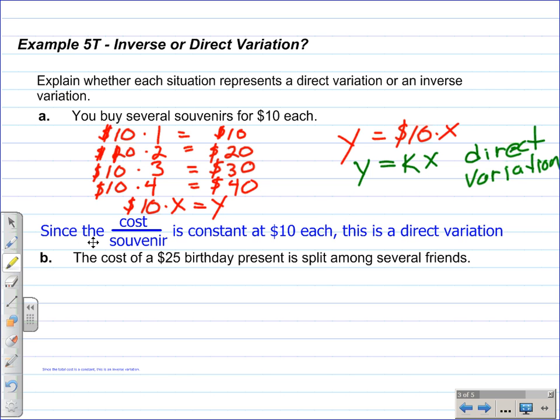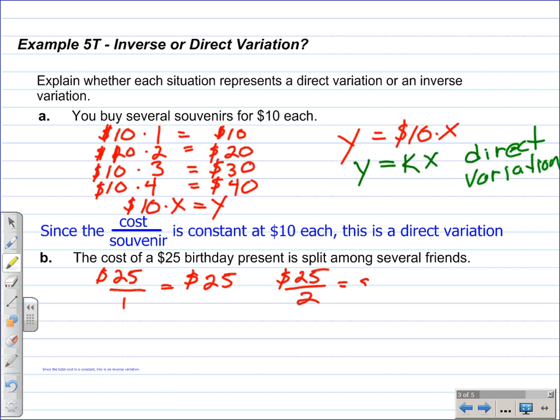Part B. The cost of a $25 birthday present is split among several friends. Another word for split would be divided. The cost of a $25 birthday present is divided among several friends. Well, what we're going to see, similar to what we saw up here, is if we take that $25 cost and we divide it among one person, that's going to be $25 for that one person. If we take that $25 and we split it among 2 people,